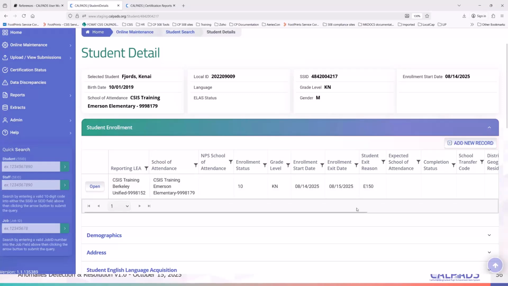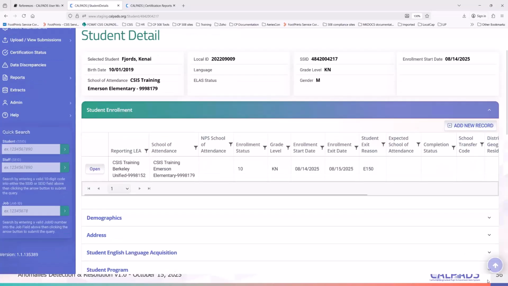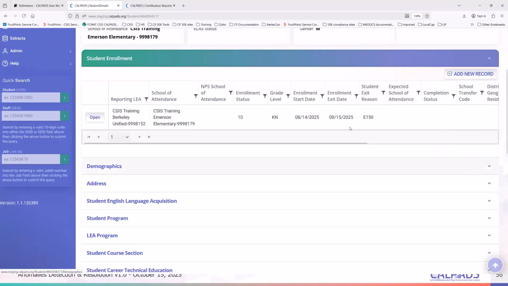So there are a lot of scenarios as to why there was a mistake here. So you have to communicate with your school site, with your school secretary for that matter. Now, if this is just a simple, I missed this enrollment, right? So just add the new enrollment. Now, wait a minute. This student was exited on 8:15. What is 8:15? Because that's another issue, right?